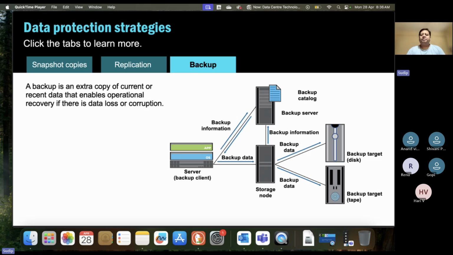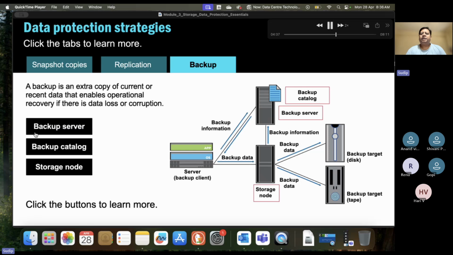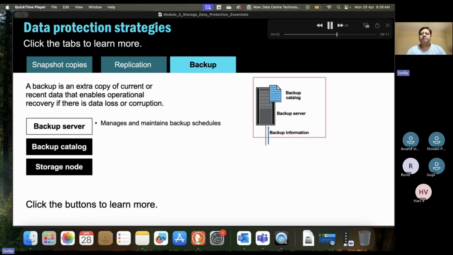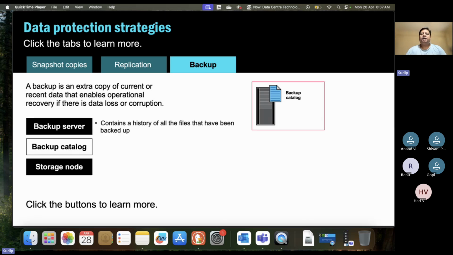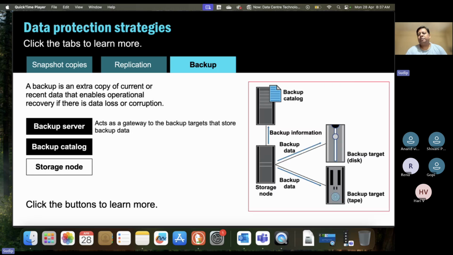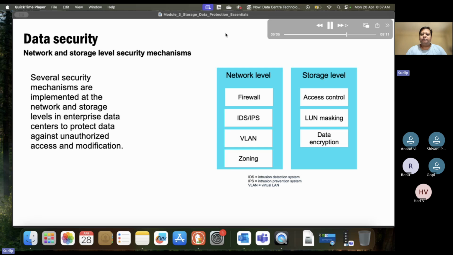Then we have backup. Backup is an extensive technology where you have a separate backup server, and the backup server reads all the data and stores it in a different place in a separate format, and it allows you to do a complete recovery, but it can probably not give zero RPO or zero RTO. Then we have replication. Every byte of data coming into the first storage system goes into the second storage system. Okay. Now,